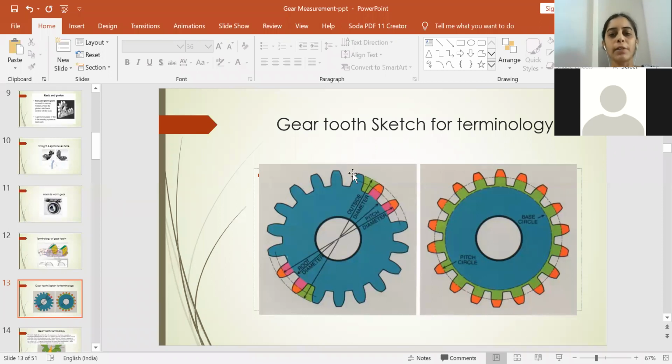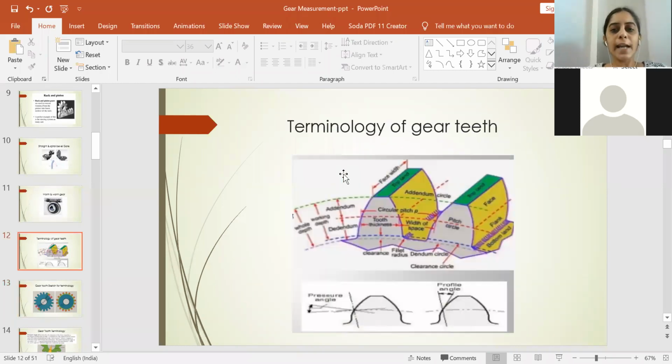Apart from that, we have the pitch circle. After seeing the exact view of the gear, you should be able to classify the other parts. So now this is the pitch circle. You can see it will be exactly half of the distance from the top of the tooth to the bottom of the tooth. You are not considering the clearance. So the clearance here will be associated with respect to our base circle.